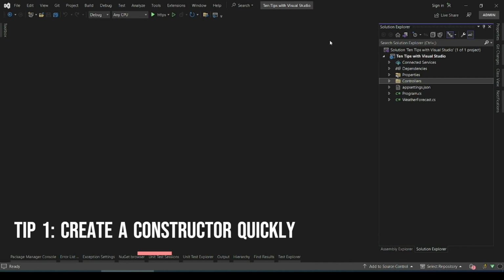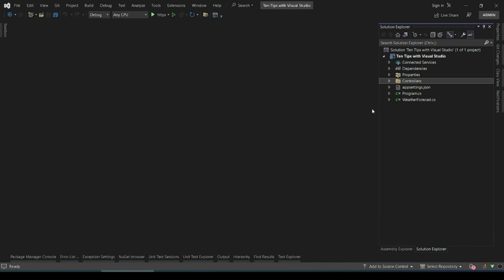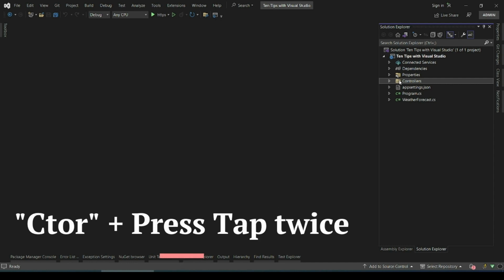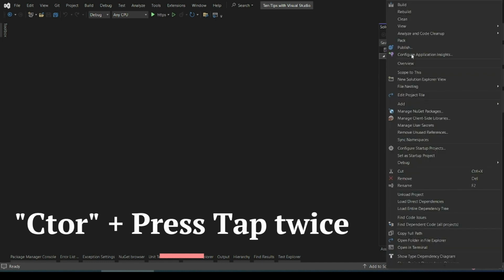Tip 1. Create a constructor quickly. When you need to create a constructor, you can do it faster with Visual Studio. Simply type ctor and press tab twice to create a constructor for your classes. For example, here